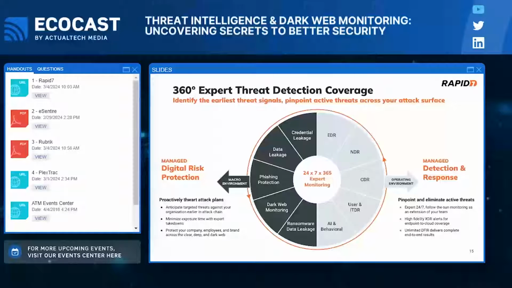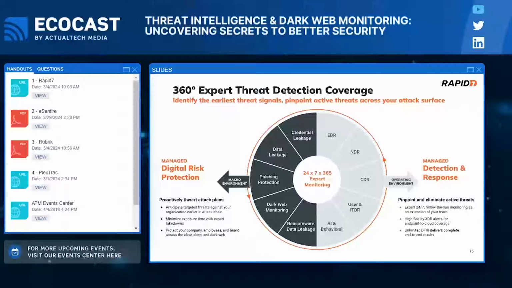And so, for our MDR customers, we're already monitoring your operating environment. We've got coverage of your endpoints, your networks, your cloud, your users, all of those different things to be able to ensure, when something does break into your environment, we're able to see it, and we're able to monitor across all of these different diverse sources, so you can feel confident that you're covered from endpoint to cloud. And we also have unlimited IR on top of that. So again, that notion of leaving your environment better than we found it. So whether it's a takedown on your behalf, or in the event of an IR, making sure we've totally eradicated a threat from your environment, we're leaving you in a better position.